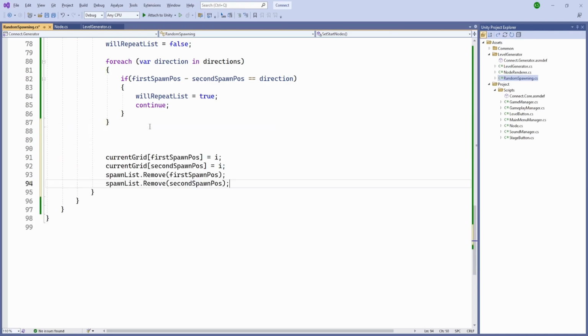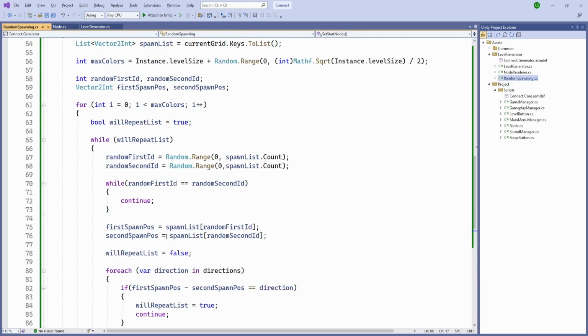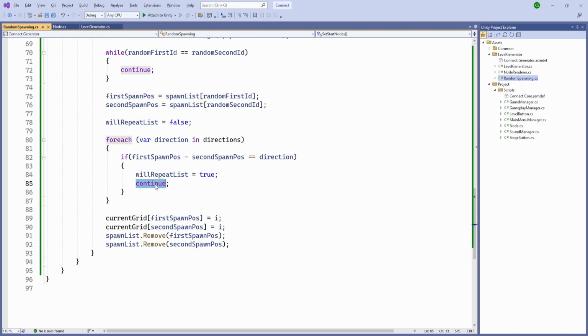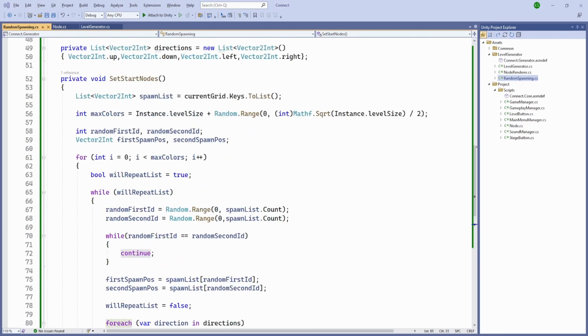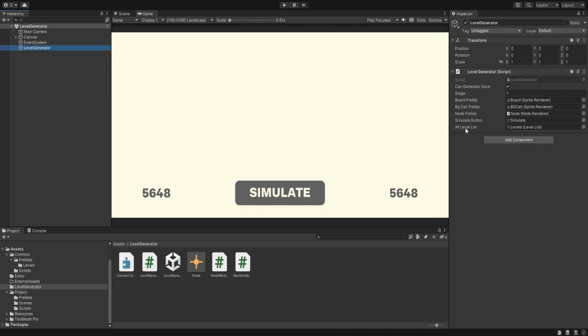So if it is not continuing, then we'll just put it here, and the loop will not continue, and that will be executed, or the loop will just finish here. And that should be it for our spawning. Now let's go inside Unity, and for our level generator we'll need a random spawning script,